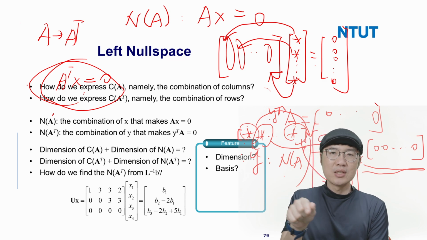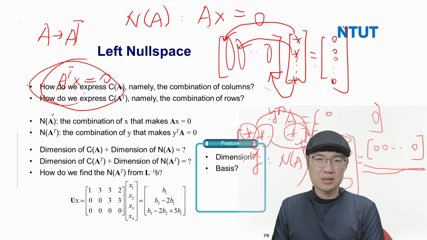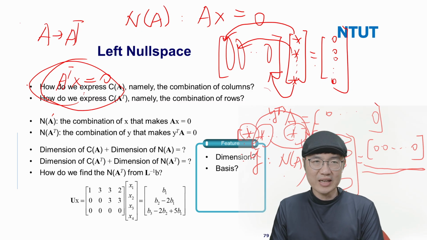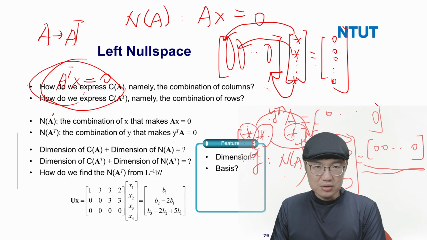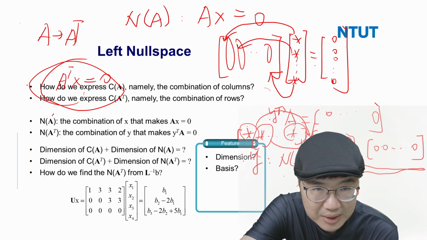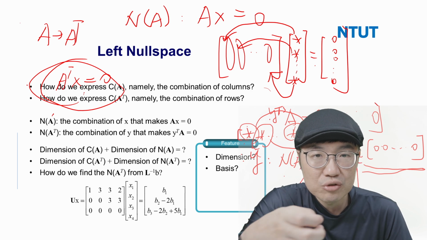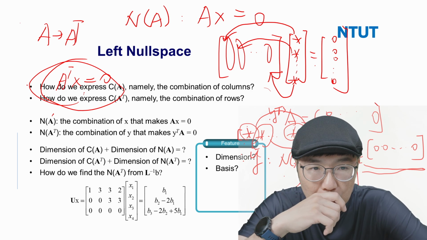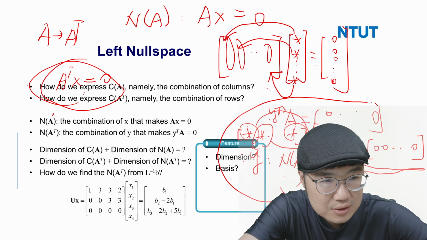If we work toward A transpose, we are not satisfied with it. It takes just too many computations, and most importantly, it's not clean. It cannot connect what we have done, which is Gaussian elimination. So my point is, can we tell the left null space just based on U, the result out of Gaussian elimination? Yes, we can. Because if you take a look at the definition of left null space